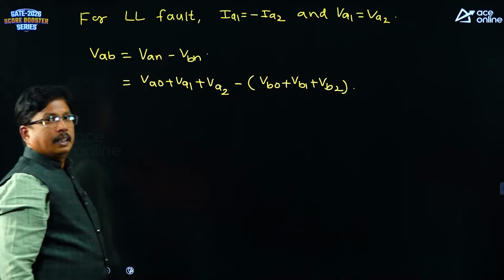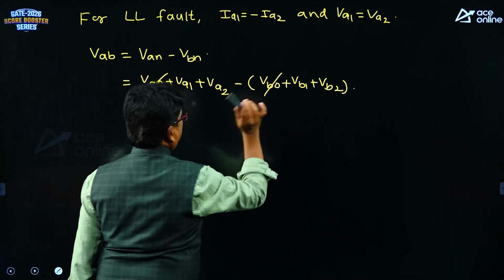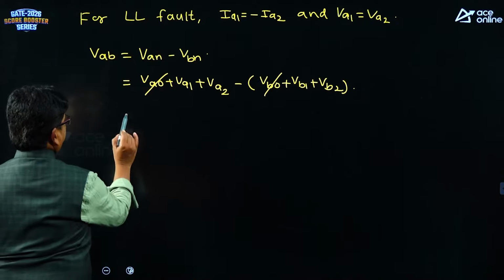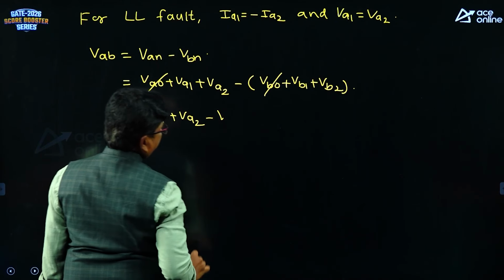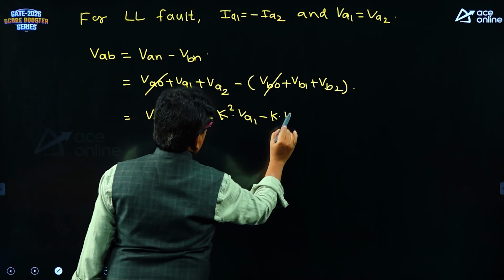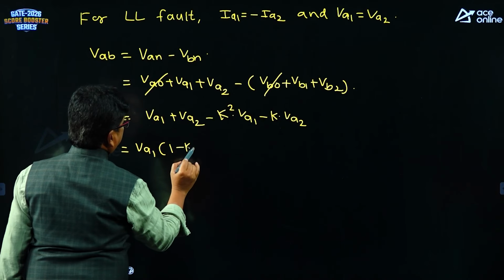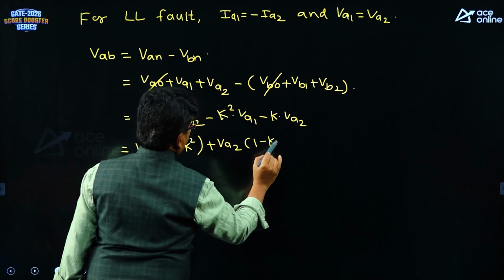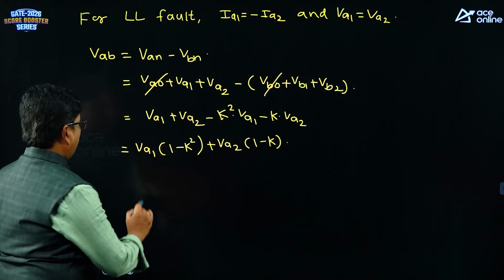Here VA0 and VB0 will be cancelled, since zero sequence components are equal in magnitude and angle. Remaining are VA1 plus VA2 minus K square times VA1 minus K times VA2. If we take VA1 outside, it is 1 minus K square. If we take VA2 outside, it is 1 minus K. As VA1 is equivalent to VA2,